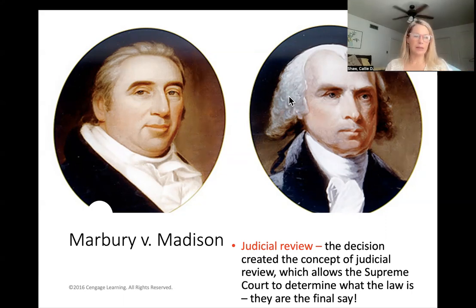And back then, there was no email, there was no phone. So they had to send an individual on horseback to give out these appointments, right? So the story goes that John Marshall, remember that name, he was Secretary of State at the time. And so he's riding his horse and he's handing out these appointments. You get an appointment, you get an appointment. Gets an appointment. But one very important person did not get his appointment.